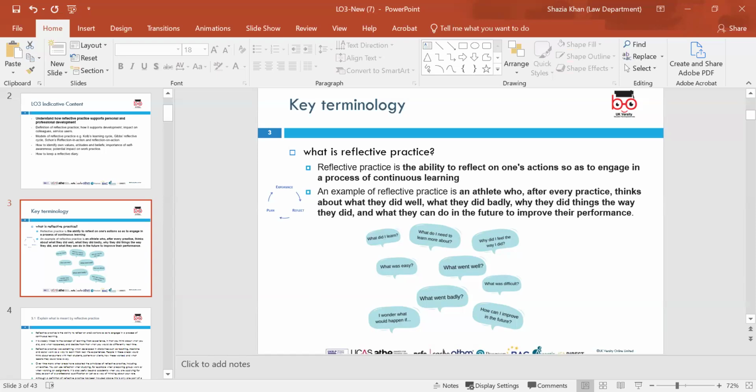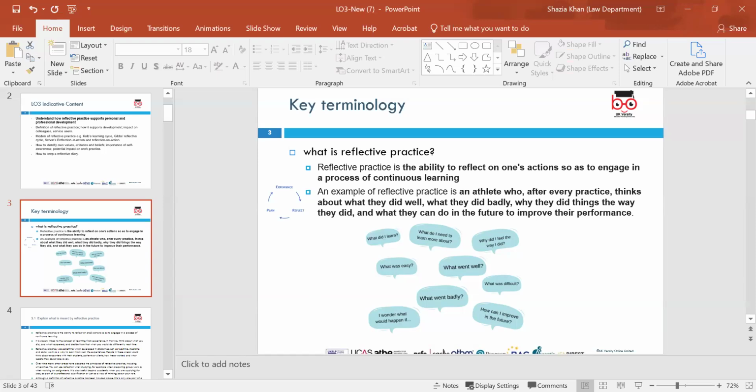Reflecting is really important. I believe it is so important when you reflect on something. It might be reflecting on the training that you've had. You may have had a training course and you may be reflecting on what skills you've acquired and what areas you need to look at more, areas of improvement.